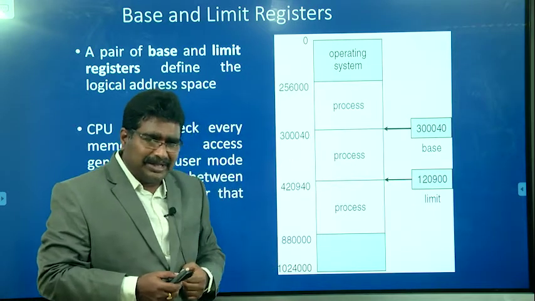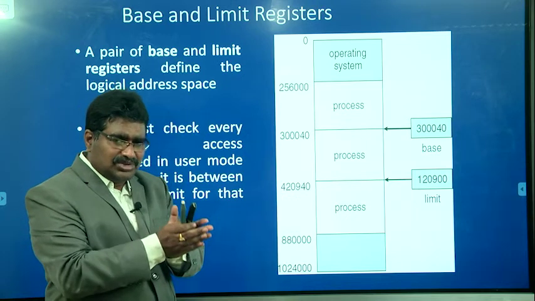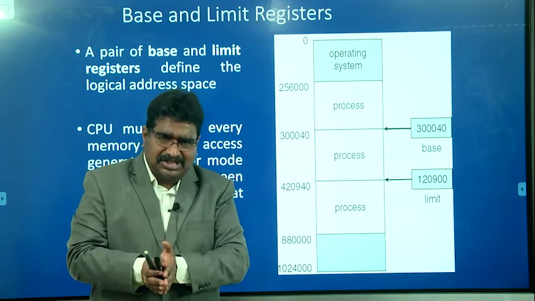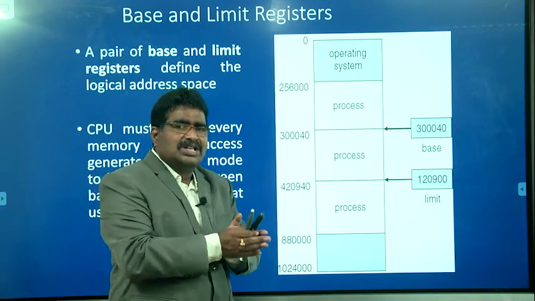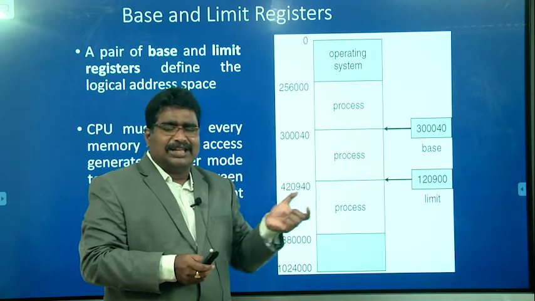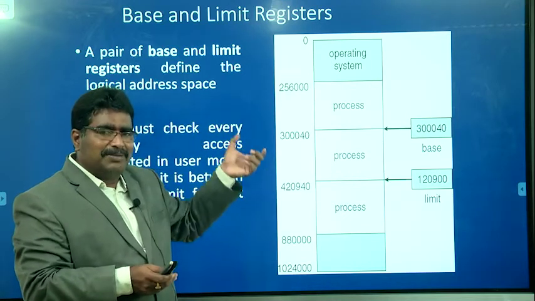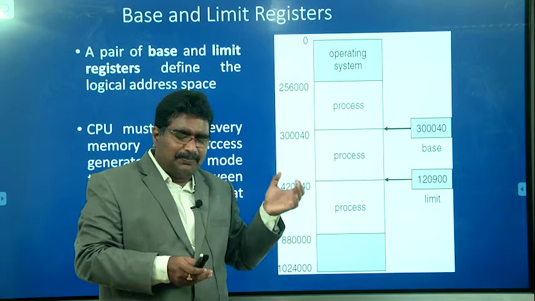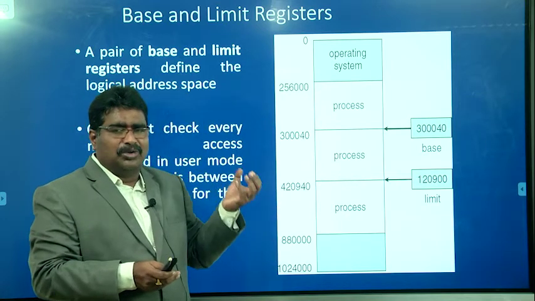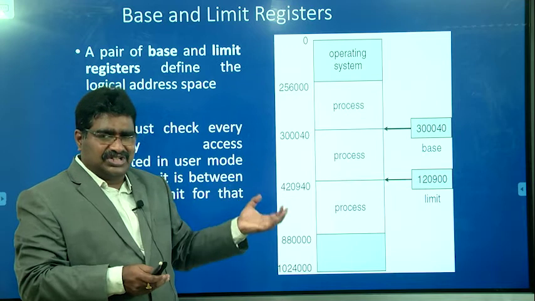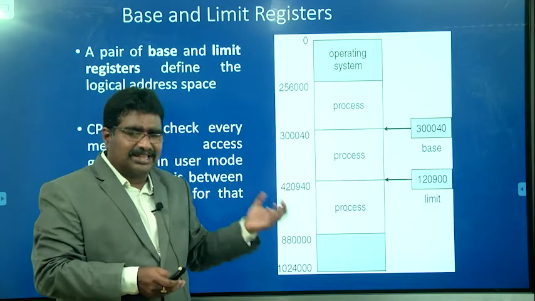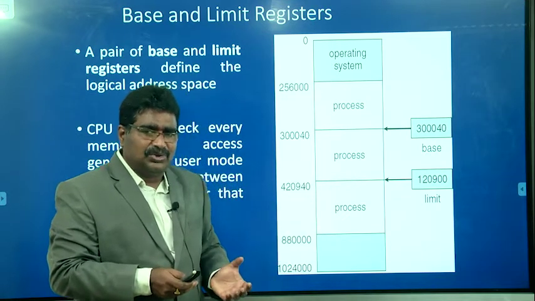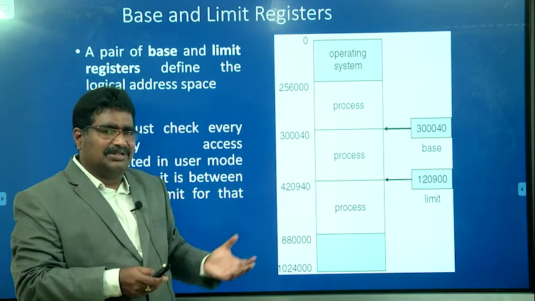I hope you are able to understand the use of the base and limit registers and what values are stored in them. The base register holds the starting address of the particular process, and the limit register holds how much memory is allocated to the particular process. Based on that, whenever the processor generates the logical address, the operating system is able to calculate the physical address to fetch the instruction, or to fetch or store the data on the primary memory. And similarly, the limit register is used to provide protection to the other users' data as well as programs.